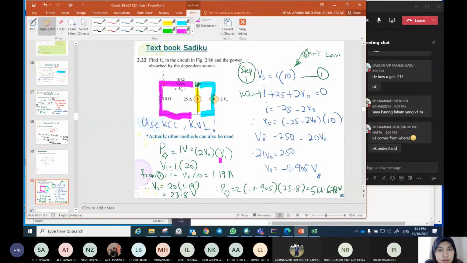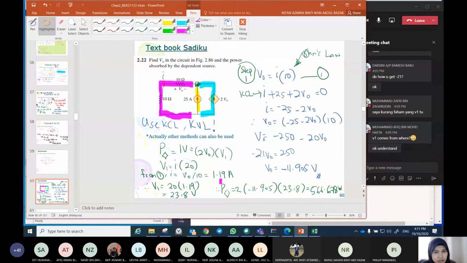Okay, so we want to find V1. V1 is the voltage drop here. But how to find the V here? Cannot, because there is no resistor here. And how about finding V here? Cannot, no resistor here. But we know that this V is equal to this V as well. How to find the V here? I multiply the R. R is 10 plus 10. Okay? So